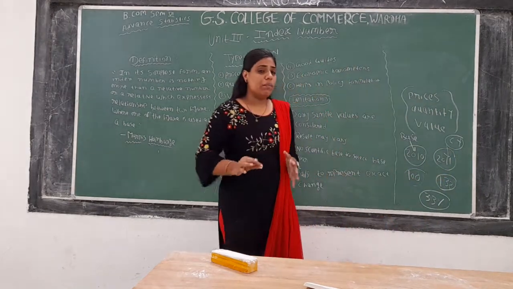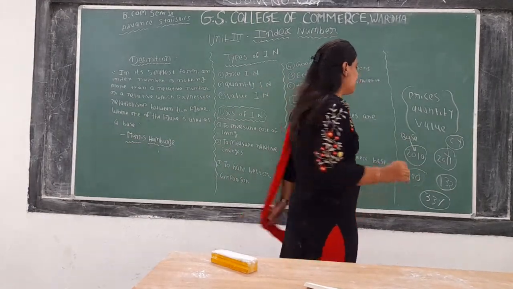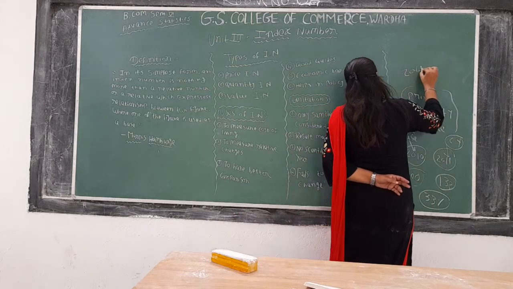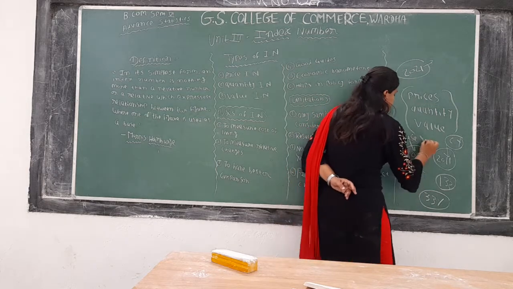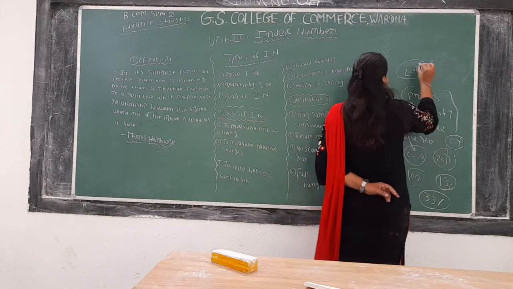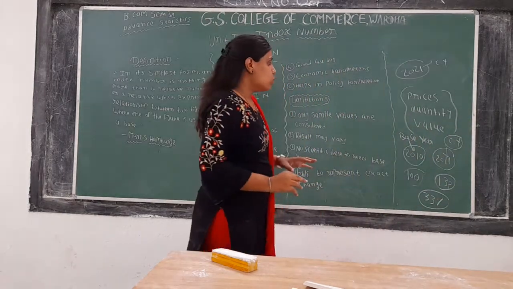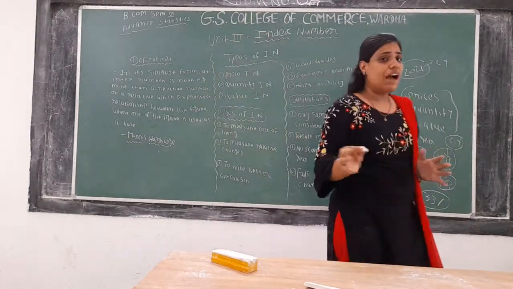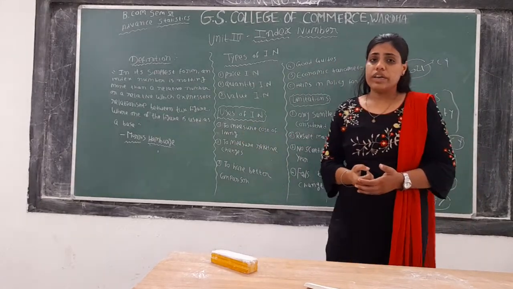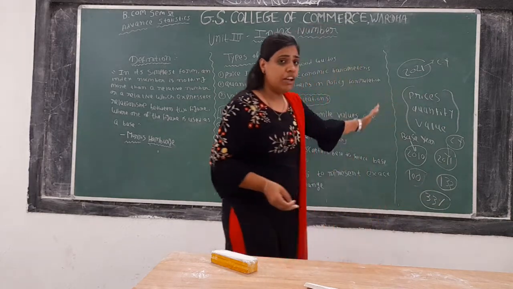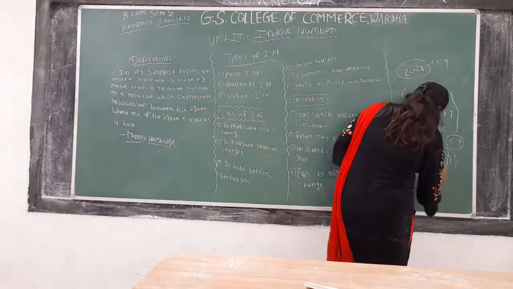Now if you want to compare the price of a certain commodity in year 2010 and year 2021, in this case 2010 would be your base year and 2021 would be your current year. So this way, when we have to make a comparison between various economic variables, we use this relative measure. I hope you guys are clear with the meaning of index number.